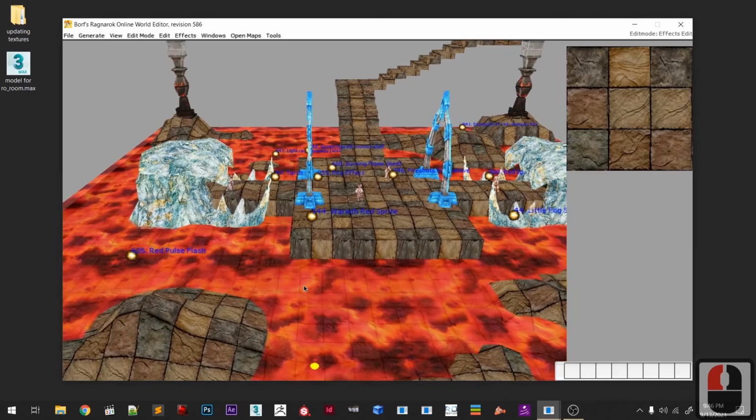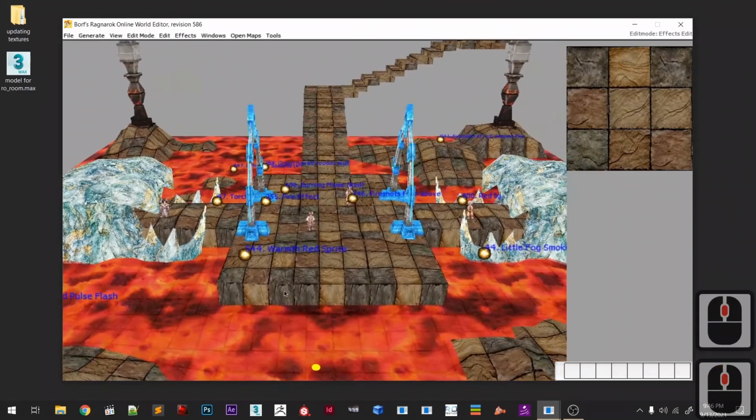So I have added 11 effects on the map, and I'll